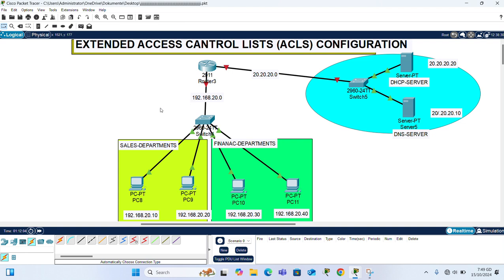As you see here, the two departments, sales and finance, are using the same IP addresses. So to start our configuration,